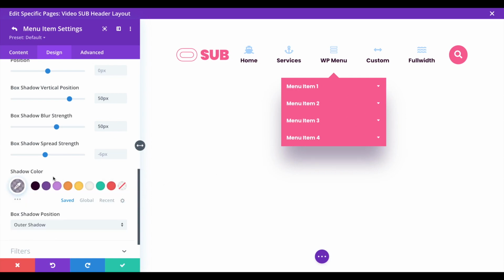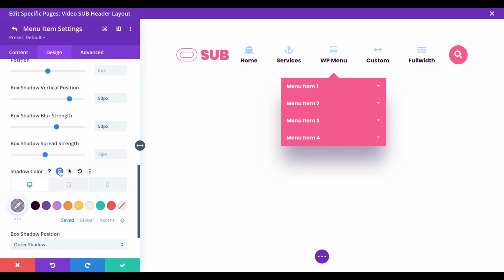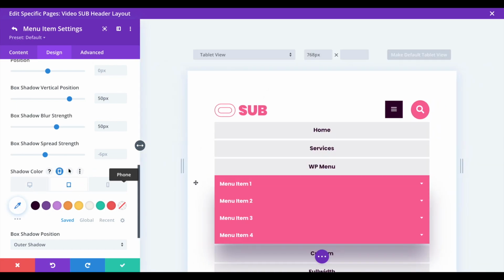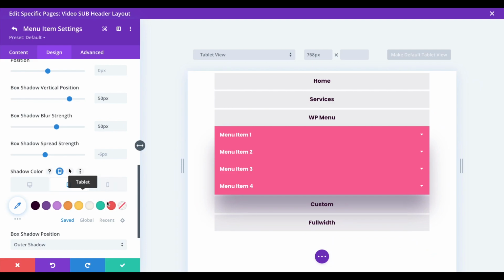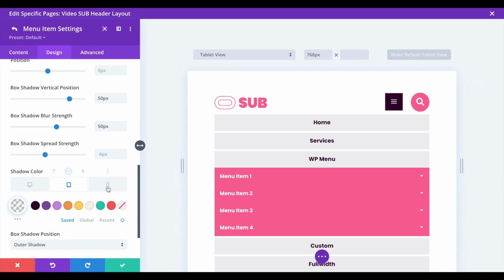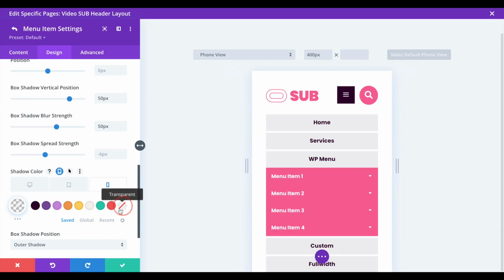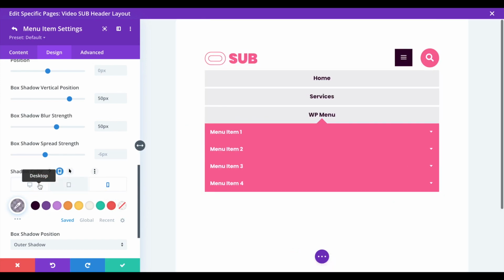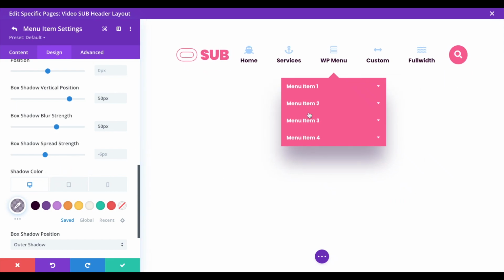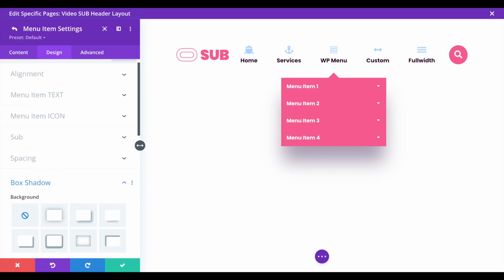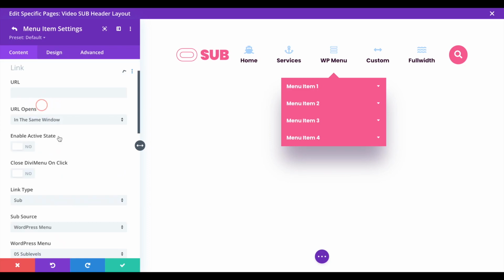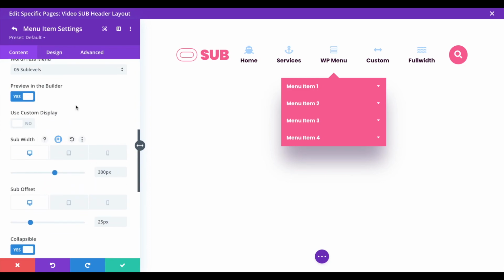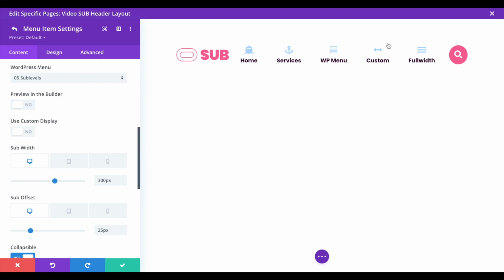Okay, perfect, but sure, I'm going to enable again the responsive settings because we don't want a color for the shadow on tablet. So let's check transparent, and transparent also on phone. We want shadow only on desktop, and that's it. It's perfect. So it's time to disable the preview in the builder. Perfect. And now it's time to set just the three different layouts